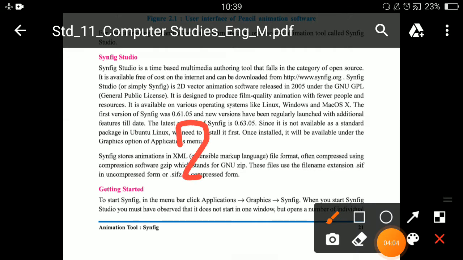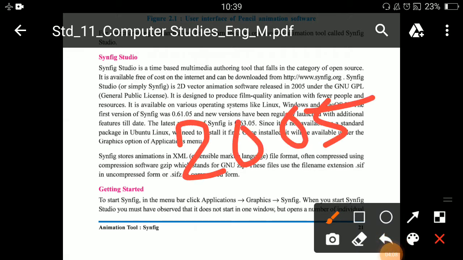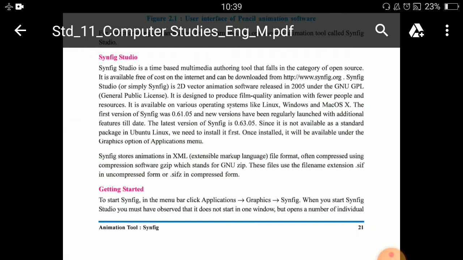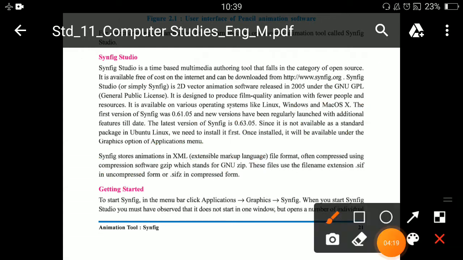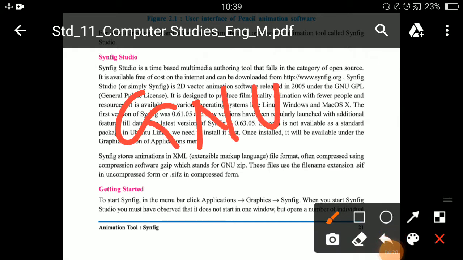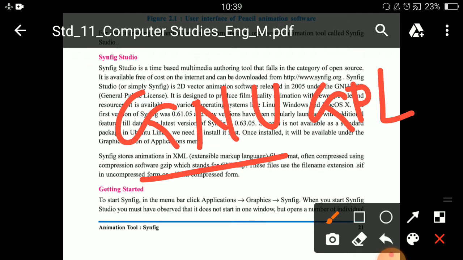Here your MCQ. Synfig released in 2005. Here for Synfig one license is needed. That license name is GNU GPL. Now what do you mean by GNU GPL?